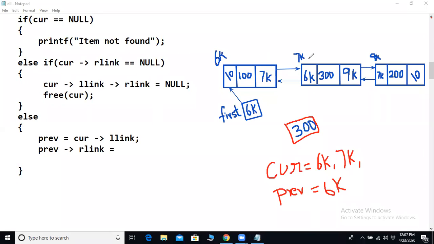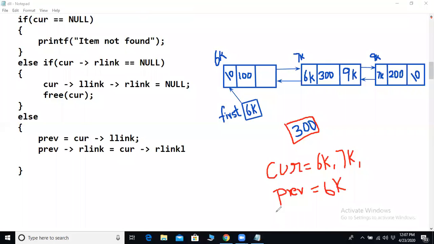Exactly. What is cur? 7000. 7000's right link is what? 9000. Correct? Okay. So cur implies R link. Okay, so I'll just make the change now. 7K is gone.